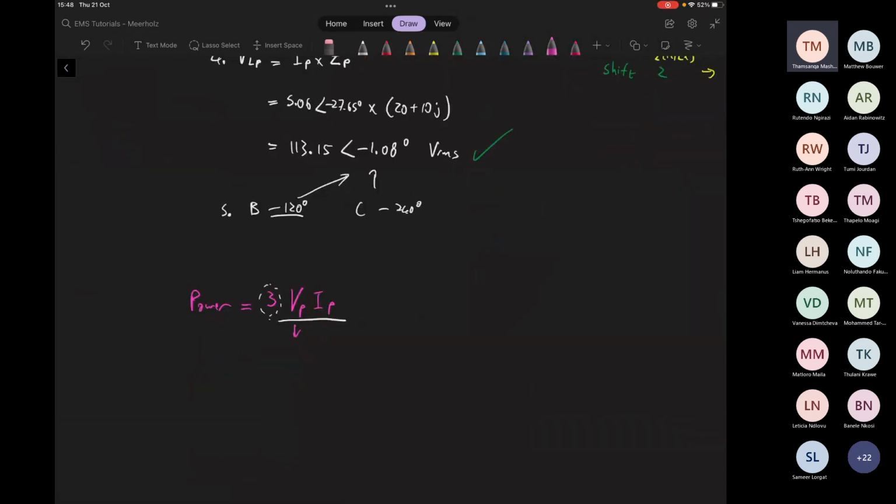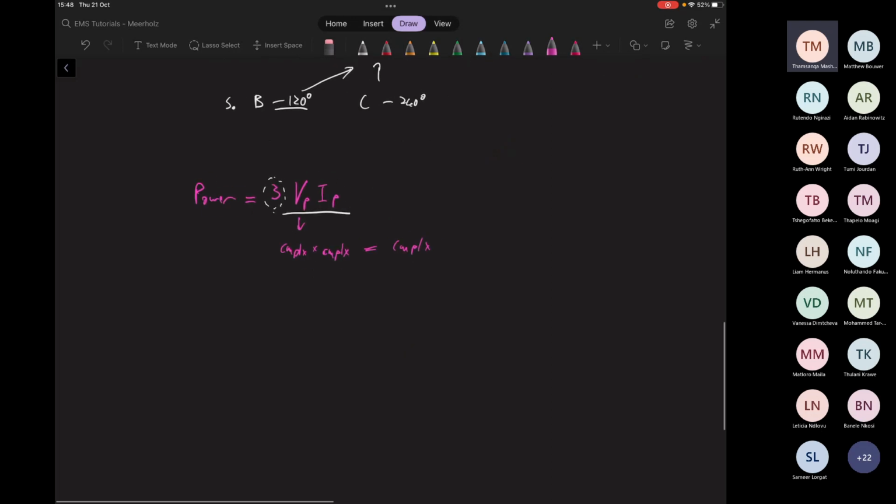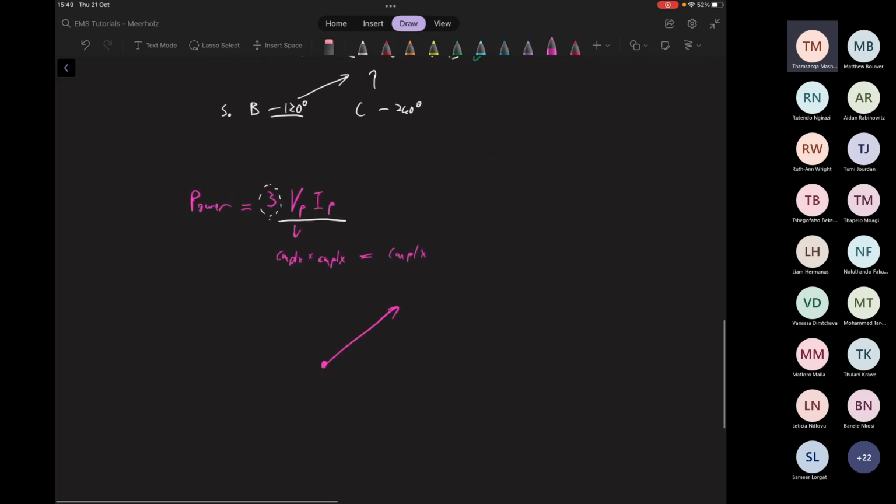Basically, you'd be timesing complex numbers here. A complex times a complex would give you a complex number. What is a complex number? A complex number is this. It has an imaginary part and a real part. So when you get that complex power by timesing two complex numbers,